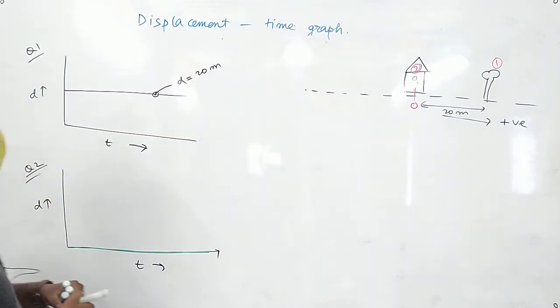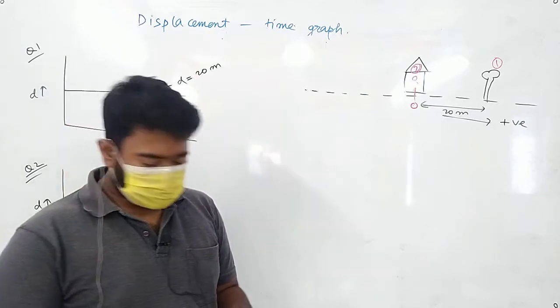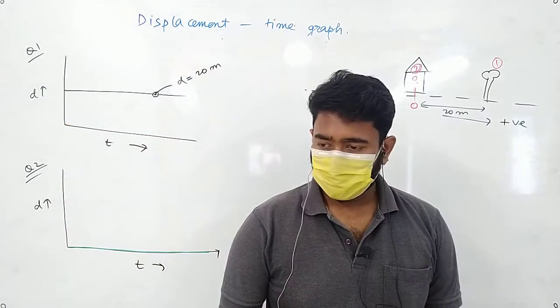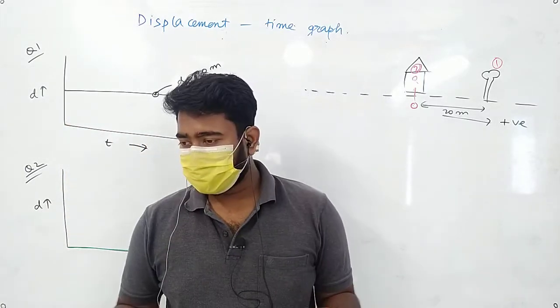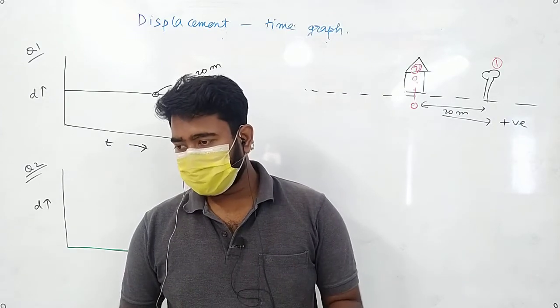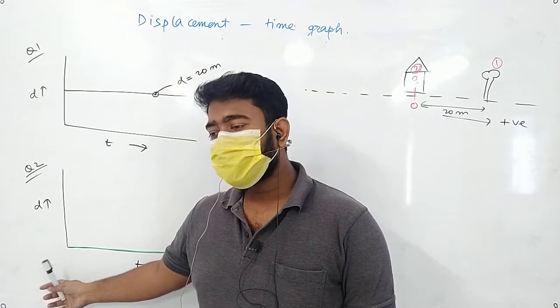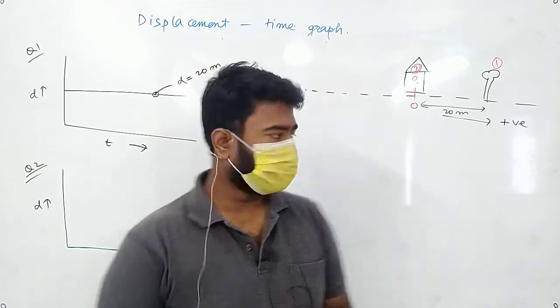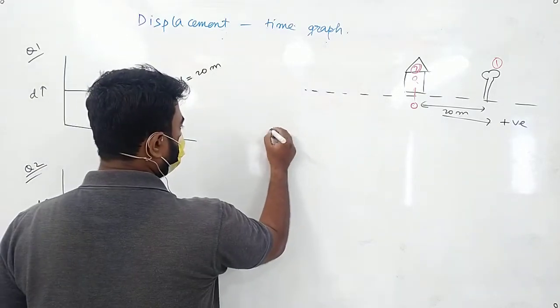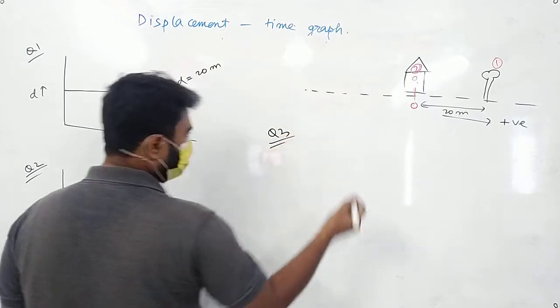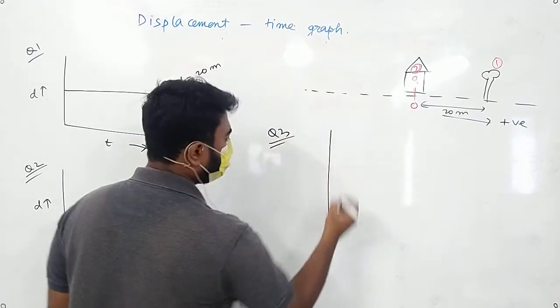No, he's not starting. He's standing there only. Suppose you are at home, you are looking at the chair. So if I am here, I am looking at the chair. What is the distance between me and the chair? 0. Is that clear? It implies this graph. Is the chair moving? No. Okay. If I give you another graph, still not clear, you do this graph, I think it will be clear.